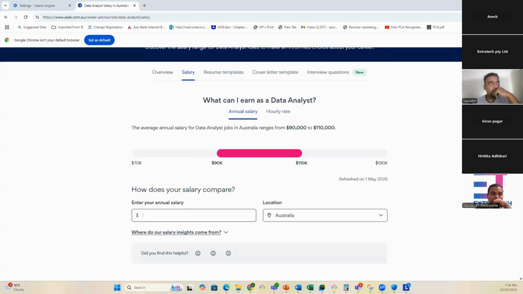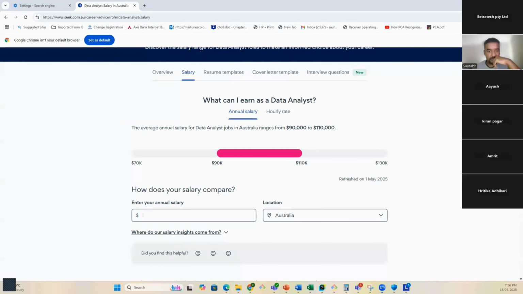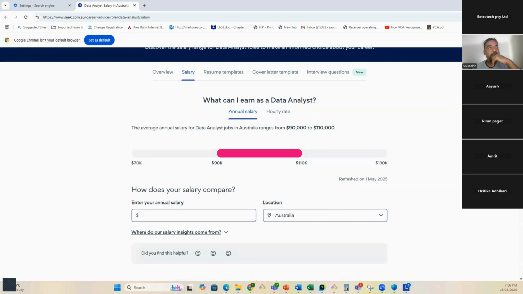It's visible, but it's blank. Yeah, we can see it now. Okay, we can see the Seek website. Do you see the Seek website screen? Yes, yes.